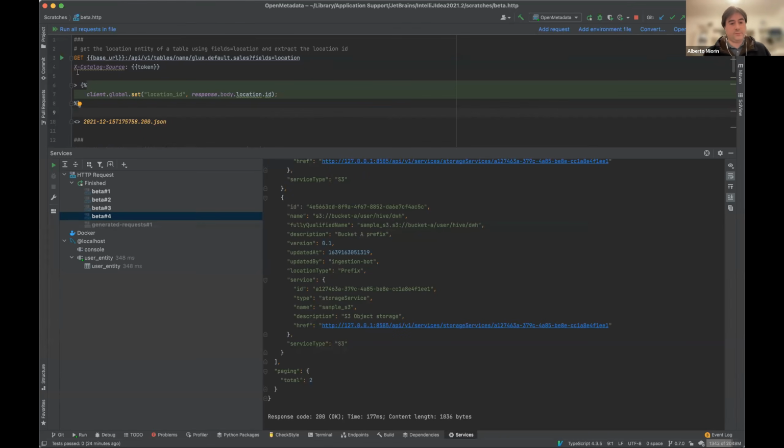So here I will show you how to use our REST API. Let's go step by step. With this API, we are invoking the collection tables by name. The parameter we need to pass is service.database.table. And then fields is another parameter where we can ask OpenMetadata, please give us also the location metadata about this table. So if I run it,